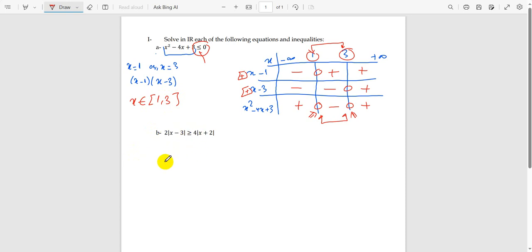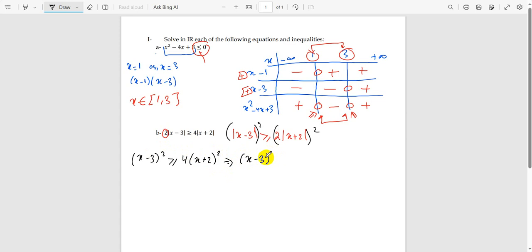Now, for the second inequality, in order to get rid of the absolute value, I have to square both sides. But first of all, let's simplify it. I have right here 2 and 4. Then let's divide both sides by 2, and we'll get that the absolute value of x minus 3 is greater than or equal to 2 times x plus 2. Squaring both sides, since we are sure that both sides are positive, we'll get that x minus 3 squared is greater than or equal to 4 times x plus 2 squared. Now I'm going to move them to one side